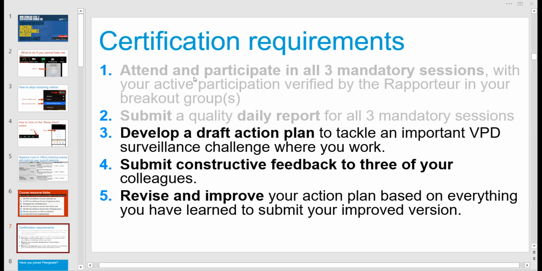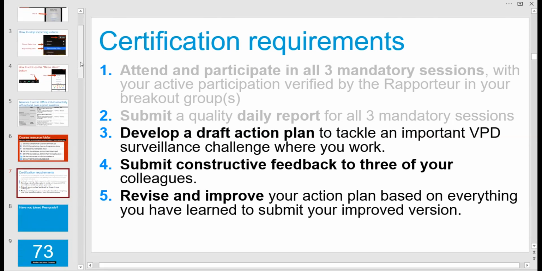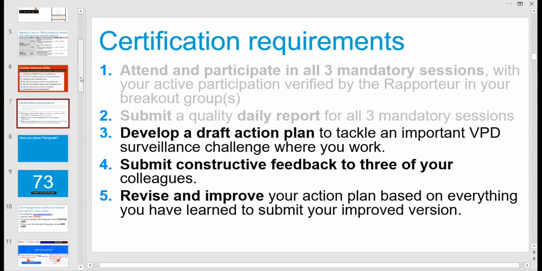I also shared the slides of yesterday's session in Telegram, laying emphasis on how to join Peergrade and how to submit your action plan. I've just shared the Telegram link right now with you in the chat. You can go there to download the slides of yesterday, and from slide 10 to 18 you'll see instructions, even though I'm going to quickly go through them again during today's session. But the most part of this session will really be focused on you presenting your action plan and receiving feedback from peers and from subject matter experts.